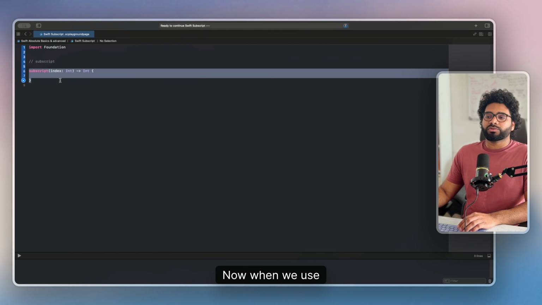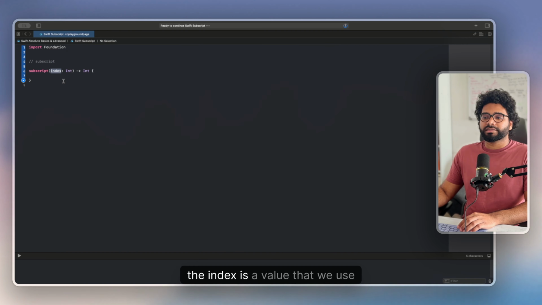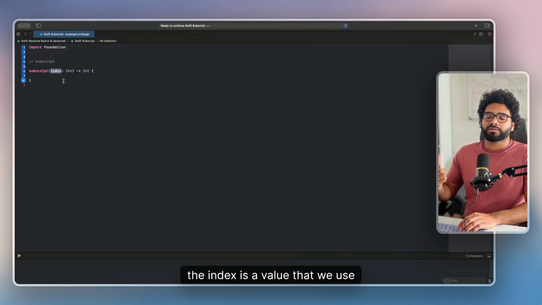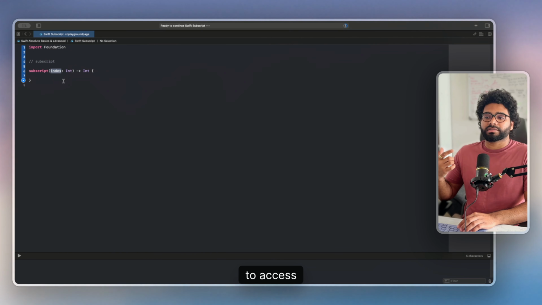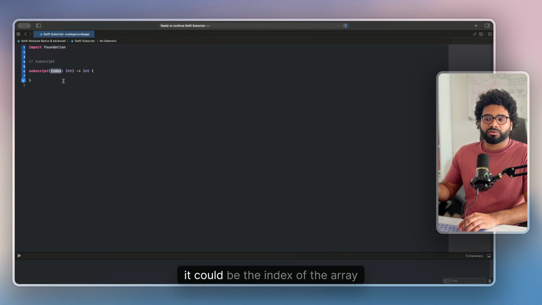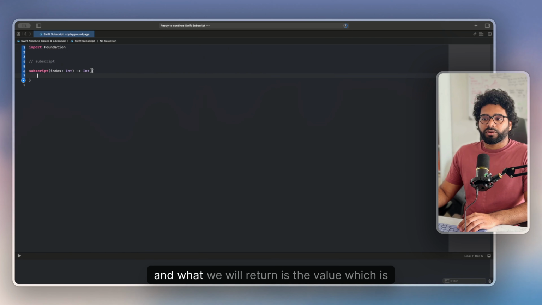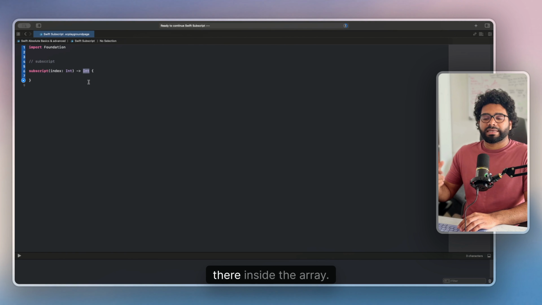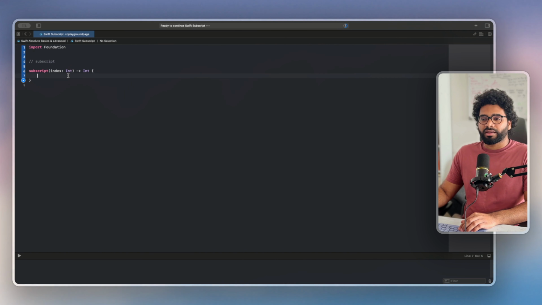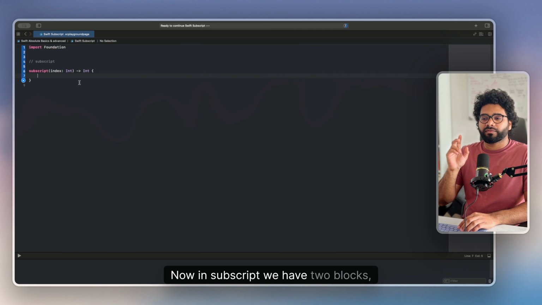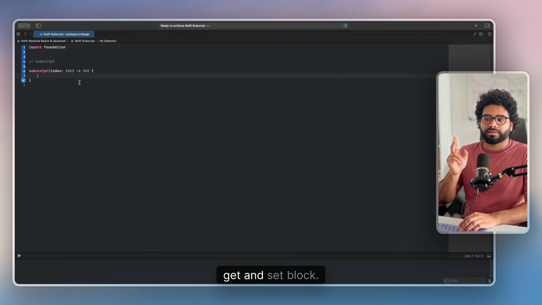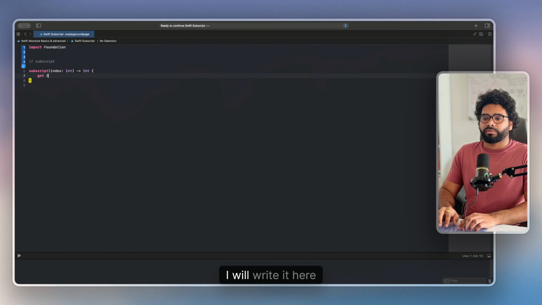Now, when we use these blocks, the index is a value that we use to access the collection. If it's an array, it could be the index of the array, and what we will return is the value which is there inside the array. Now in subscript we have two blocks, get and set block. I will write it here